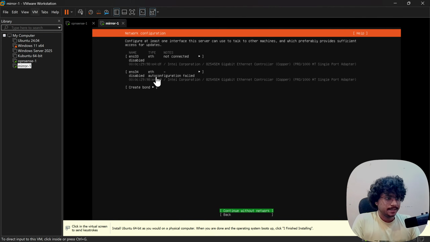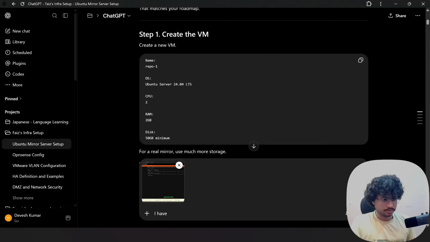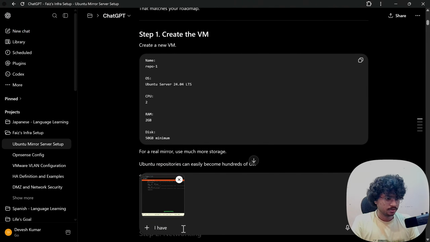I mean, this ENS33 will be created at this one. Need to ask GPT. VMnet 3.